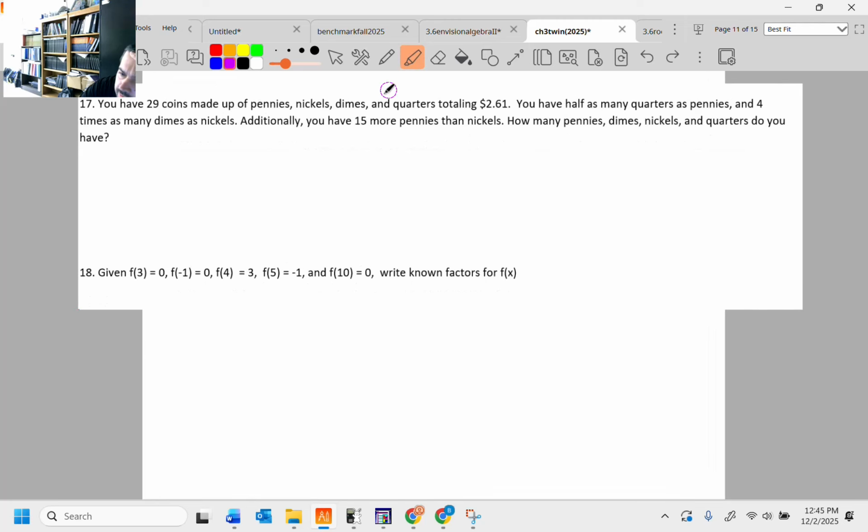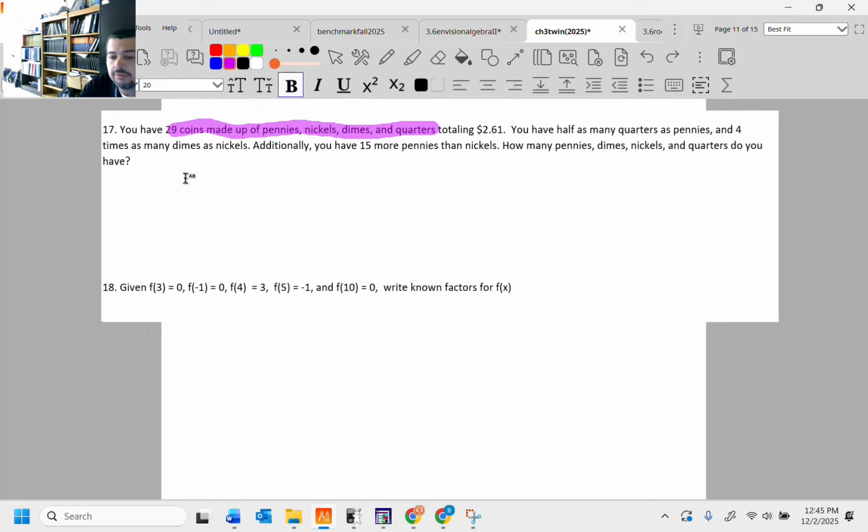All right, so we got 17, which is going to be rough for some kids. I have 29 coins made of pennies, nickels, dimes, and quarters. I'm going to start there. I'm going to write equations. If I take the number of pennies, the number of dimes, the number of nickels, the number of quarters, and I add them all together, I get 29,